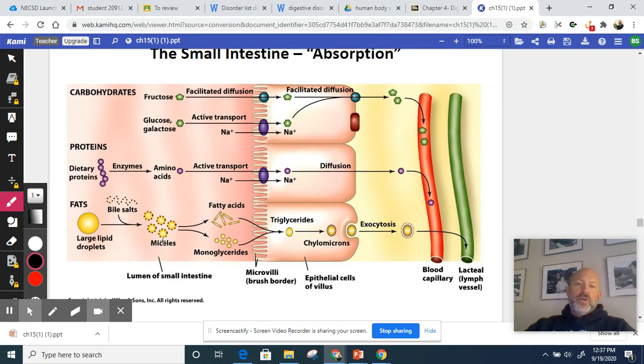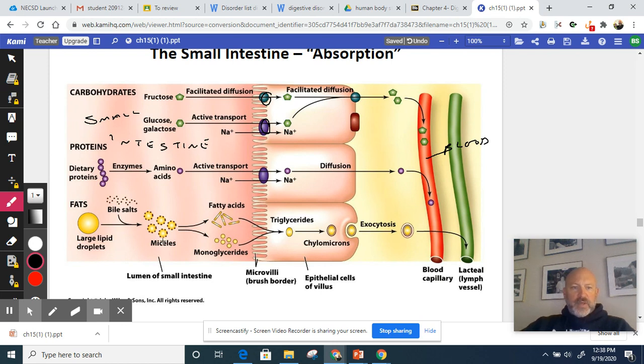So this is just showing you the different ways to get the nutrients out of the small intestines. This is the small intestines here, this whole area, through the small intestines and into the blood. Well, we have facilitated diffusion, so they're moving from high concentrated areas to low concentrated areas through these transport proteins. Or we have just regular diffusion, which when proteins break down into amino acids, they can diffuse from the epithelial cells of the villus into the